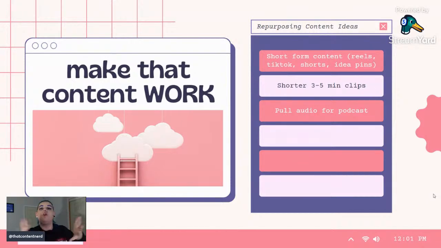So I can go in and do a live or just create a video, post it, and pull the audio, and it works just as well as a podcast audio. Any editing I have to do is super minimal because maybe I'm taking out YouTube references unless I want them